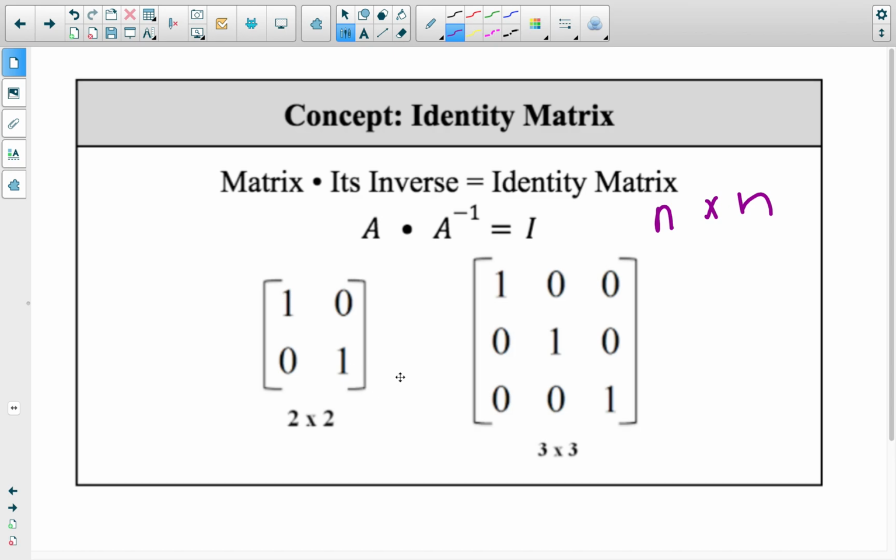it has ones all along the main diagonal, from the top left all the way down to the bottom right. So if we had a 4 by 4 matrix, 5 by 5, 6 by 6, whatever, we would see ones all along that main diagonal, and then zeros everywhere else. For most of these, we're really just going to be working with 2 by 2s. So that means we have 1, 1 along its diagonal, and then 0, 0. This is called the main diagonal. I'll write that down, the main diagonal,